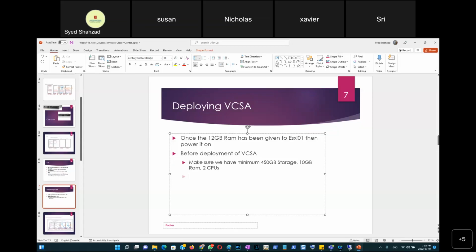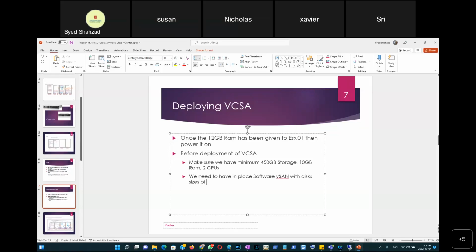The second thing is we need to have in place software vSAN with disk sizes of